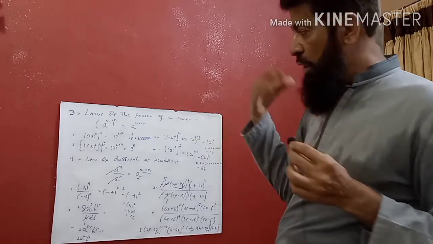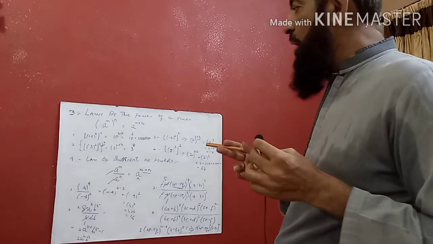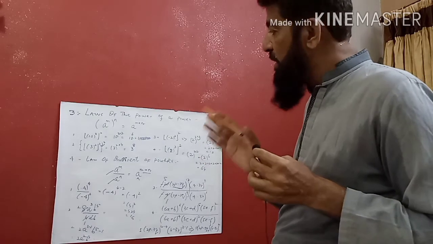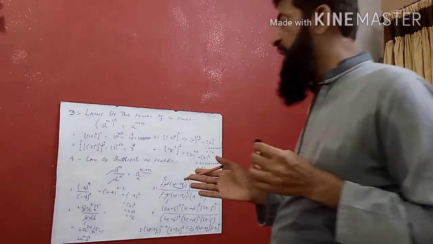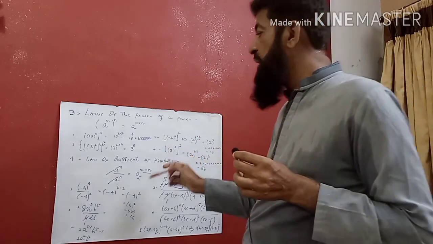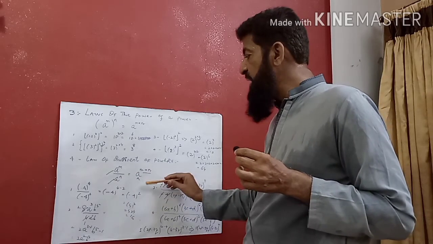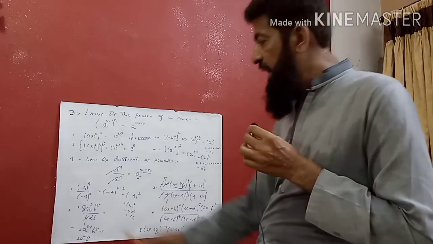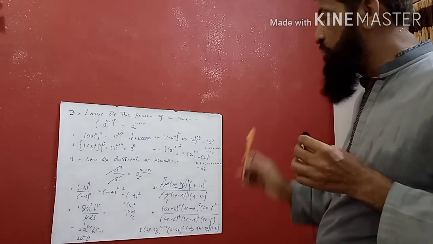As in law number 1, the laws of the exponent, we discussed that if bases are the same, powers are added when we multiply, the product of two numbers having the same base but different powers. But here, in the law of the quotient, having the same base but different powers, in this situation we subtract the powers and write the base one time. Here I solved 4 questions which help you to understand these two laws.